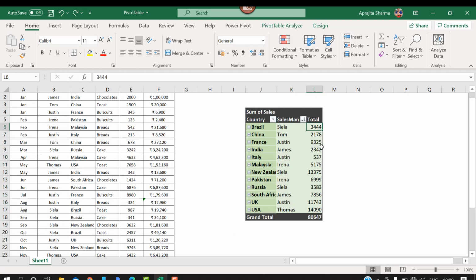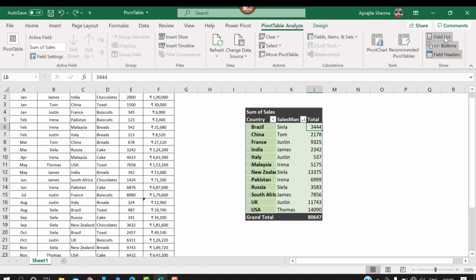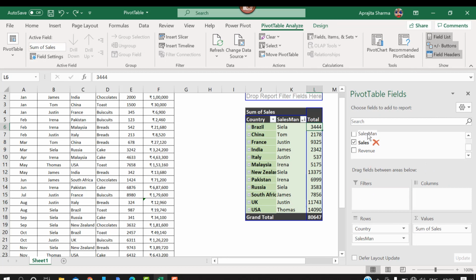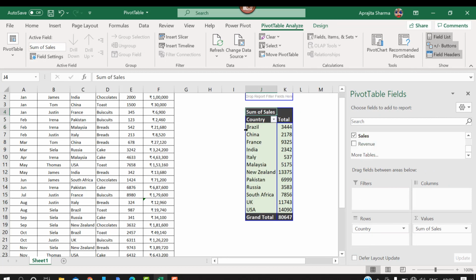Now another thing that you should know is how to sort your data in a pivot table. Now let's make it a little smaller for a better understanding. I'll remove the salesman here. Now I have got the data of sales against each country name. Now let's say I want to sort this data based on highest and lowest values.